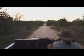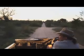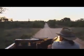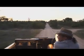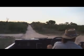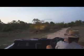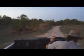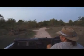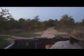At the moment it's a little bit light and not dark enough yet to make things work with the light. I should be able to pick up any eyes if there are any animals to be seen, like Safari the leopard. Tracks of Gari gang that crossed here at Baboon Pan today. Wonder if they